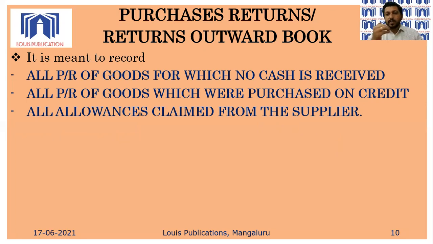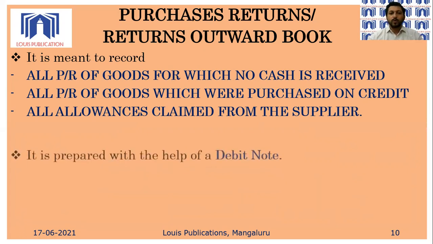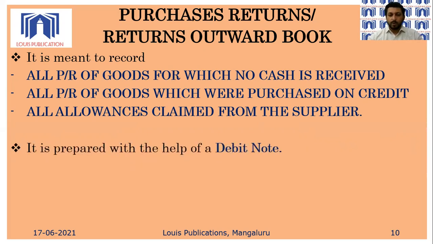Similarly, that damaged glass of the television, I can get it done, we have the authorized service centers in Mangalore. I can get that glass done. Company will direct the service center to do that at the earliest. I can get it done and I will see that it's working properly and it can be made available for sale. So instead of returning the goods, I can ask for reduction in the amount of the bill. That is called as allowances claimed, and that is also included in purchases returns book.